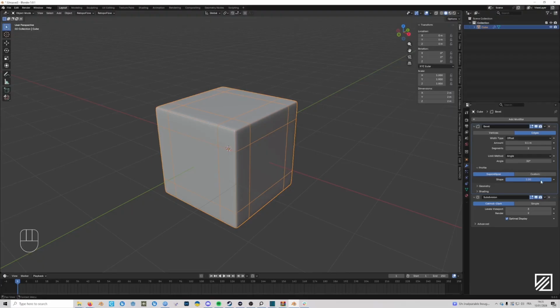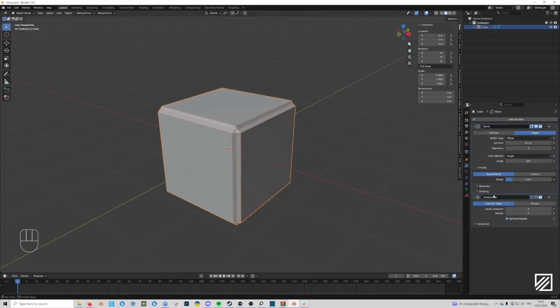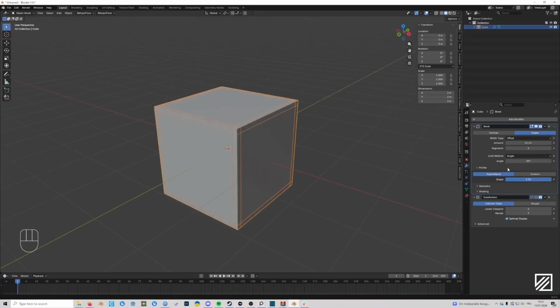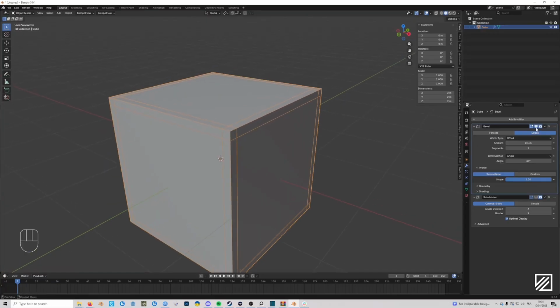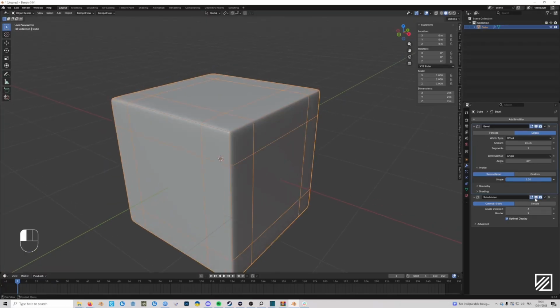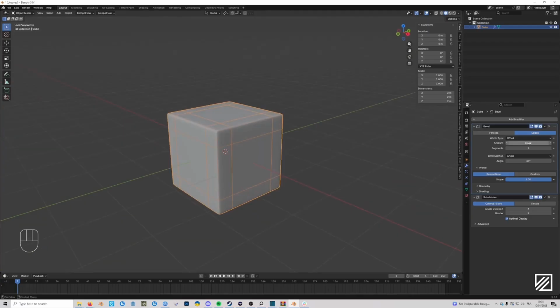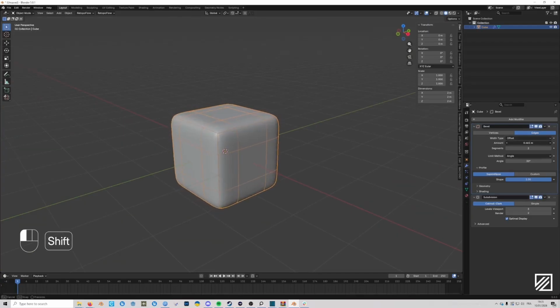This is the reason I'm not using a 0.5 profile, because it affects the mesh in a way I don't want. So if I put a 1, I have support edges there. Let's just see how it looks. And then by changing the width here, I can have something that is